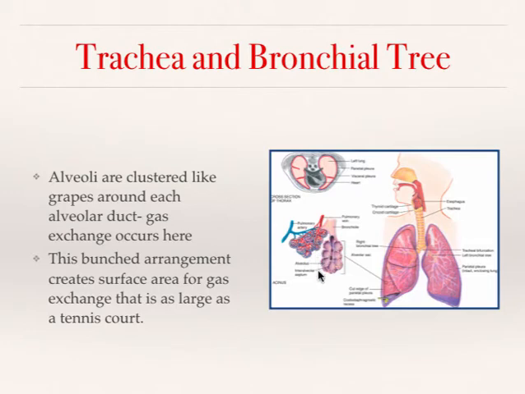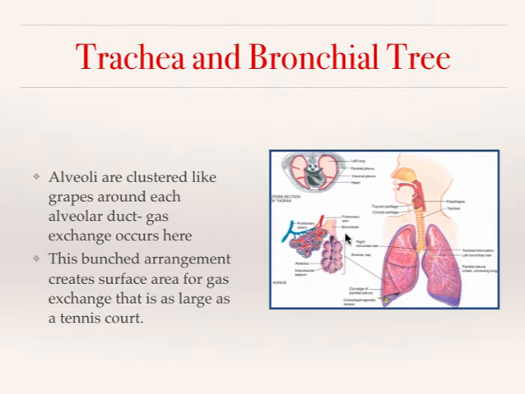But the important thing to know here is that the alveoli is where the oxygen and CO2 exchange occurs. So if there's issues here, which commonly occurs with pneumonia or COPD, it's affecting oxygenation and tissue perfusion in the end. So just think of the alveoli like a cluster of grapes. When you look at the surface area of it, they compare it to a tennis court. In your book, I compare it that way, but